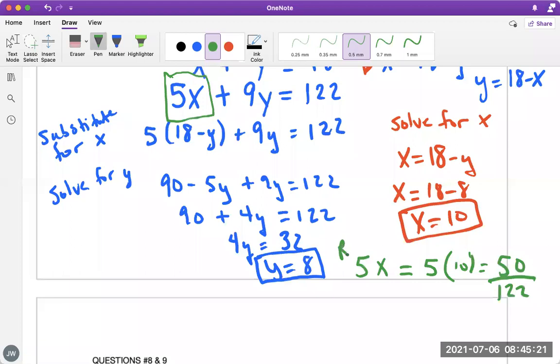All right, so right-handed female. I'm just gonna put F for female. Right-handed female is 5x, which is 5 times 10, which is 50 over 122. This is our final answer. We need it as a probability, so we're gonna plug it in our calculators real quick. 50 divided by 122 is gonna give me, I got